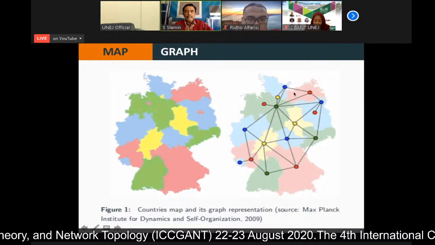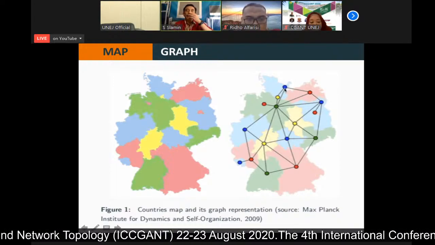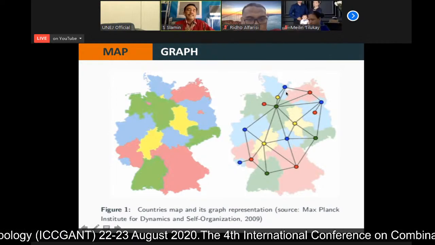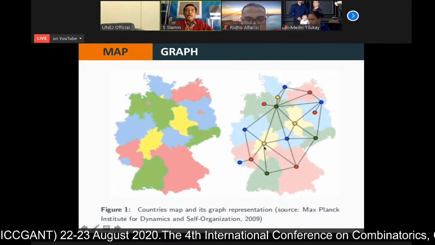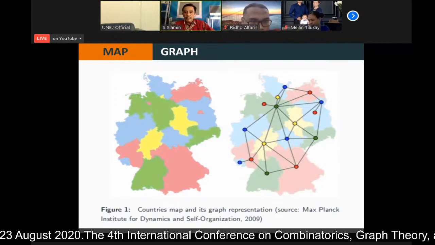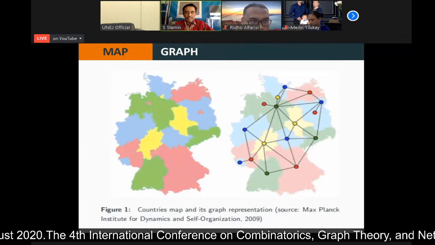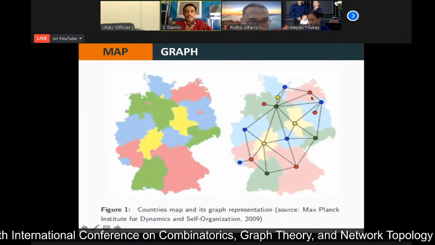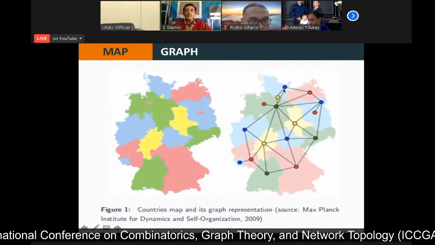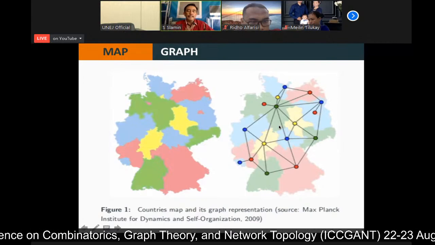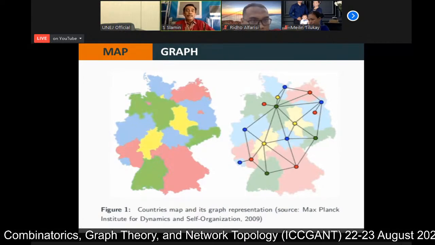Have some edge between the edges. Sorry, there is an edge between the two vertices. So you can see that the colors of the vertices are different if the vertices are neighbors, if there is an edge between two vertices. So that's the definition of actually the vertex coloring. Okay,